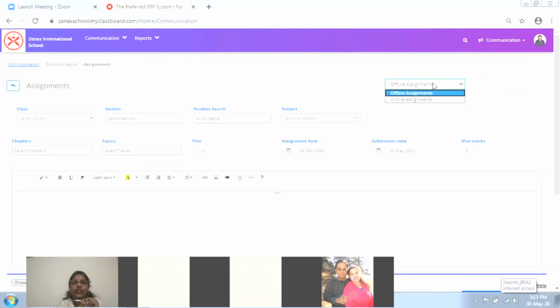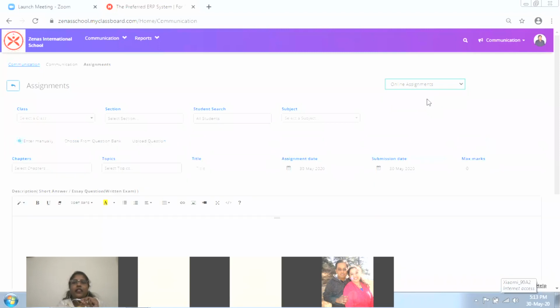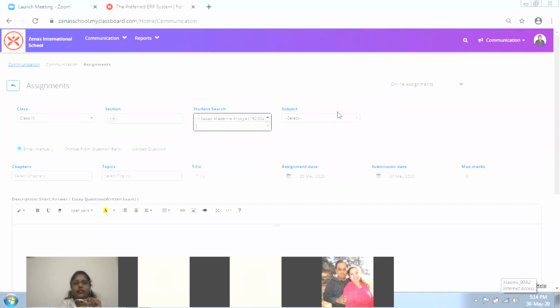Don't forget to make this an online assignment. Here you'll find offline assignment. You need to select online assignment. Then give the class. Select the section, all students or one individual student.